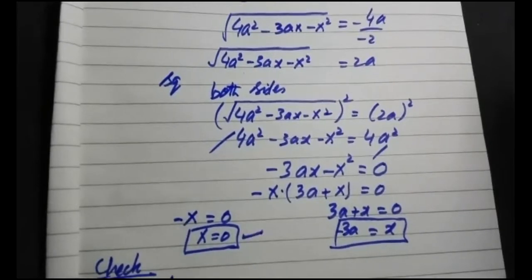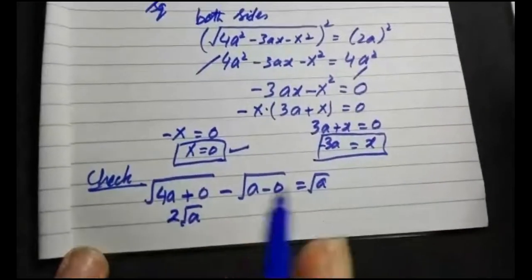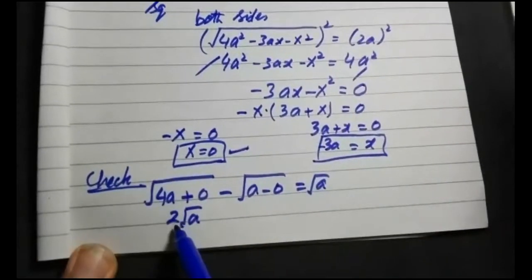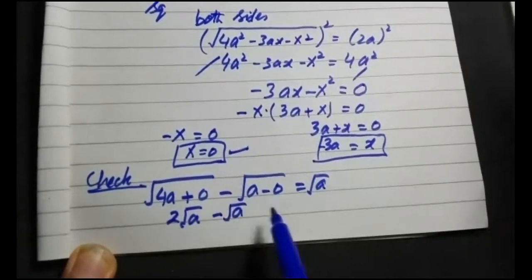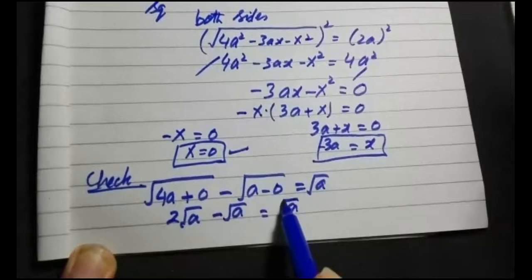So the original equation states like this one, where there is x. Substitute 0, a minus 0 on the right-hand side, this is a and a. So you will see that we have 4a, so under root it will become 2 times under root a, because the square root of 4 is 2, and minus under root a from here. Keep the right-hand side as it is. It is the original statement of the question.